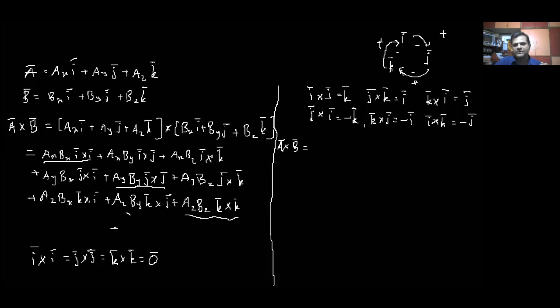तो इसलिए इसको हम लिख देंगे AX BY into K bar प्लस अब ये सेकेंड टर्म जो है ये वाला टर्म की अगर बात करते हैं तो यहाँ पे आई बार क्रॉस के बार, दिस इज गोइंग टू बी इक्वल टू माइनस जे बार। जैसे कि हमने यहाँ पे देखा माइनस जे बार आता है, इसलिए यहाँ पे माइनस जे बार आ जाएगा, इसलिए माइनस साइन हम सामने रख देंगे और इसको लिख देंगे ए एक्स इंटू बी जेड